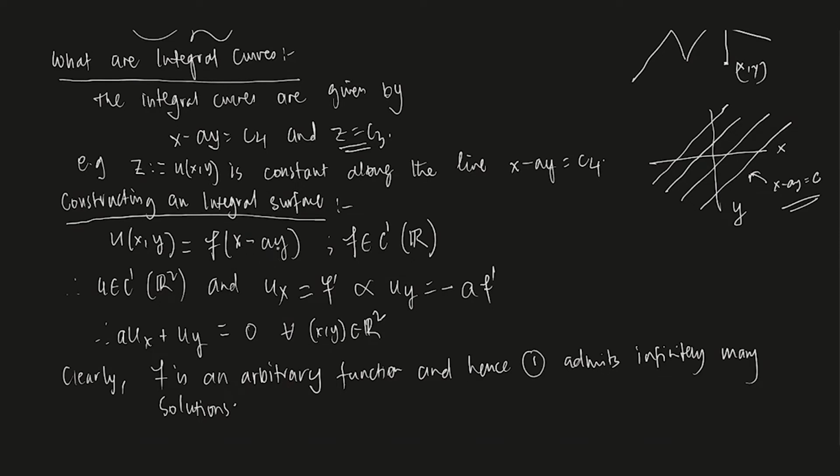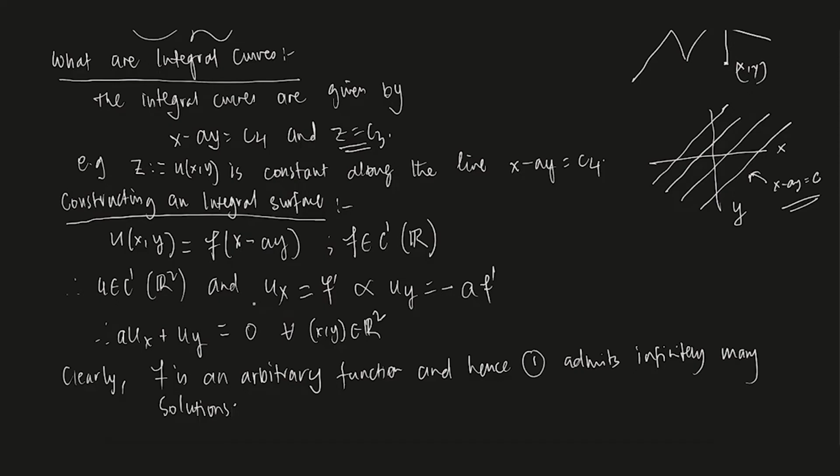When x minus ay is some constant, it is f of that constant, which is another constant, and u is that constant. And f is obviously C1, which gives us our solution. So this is how we interpret a